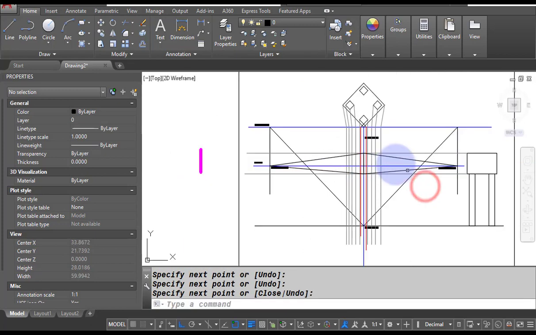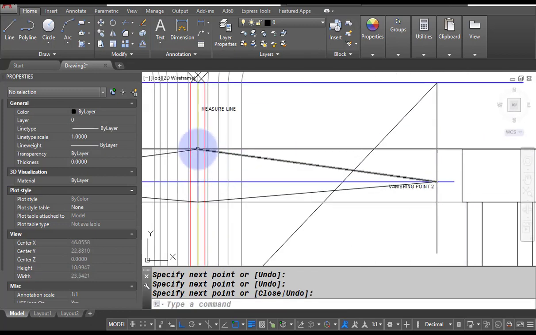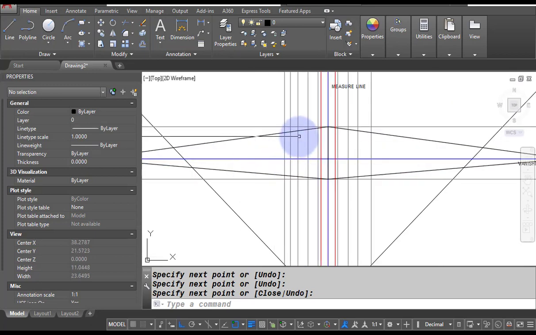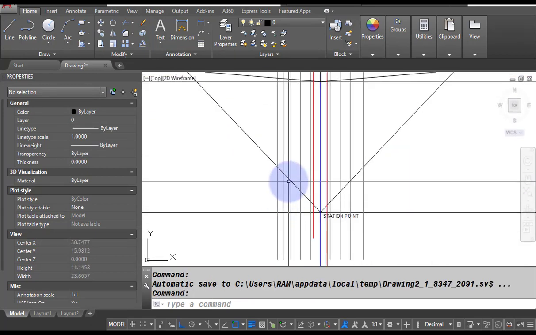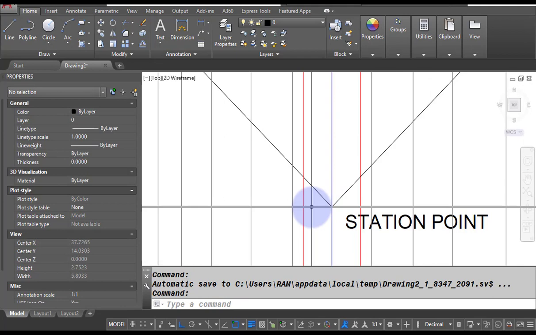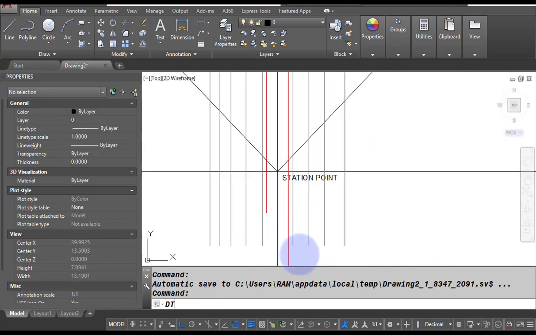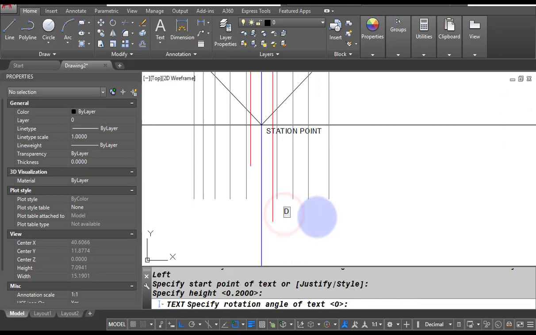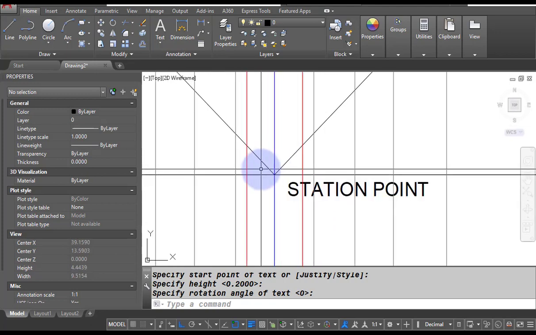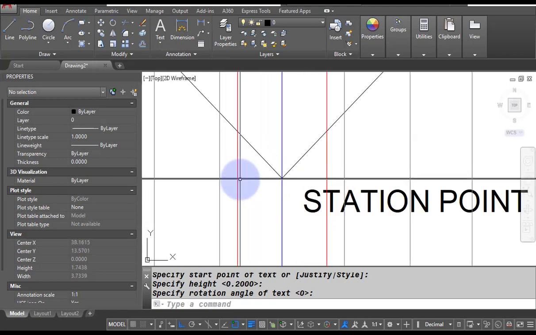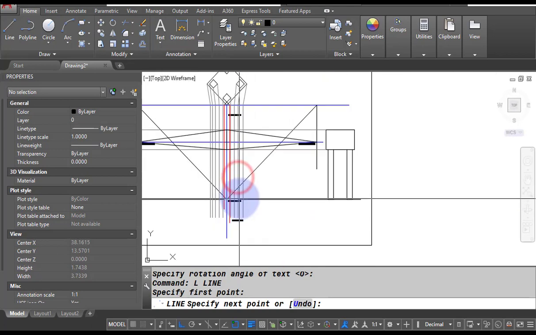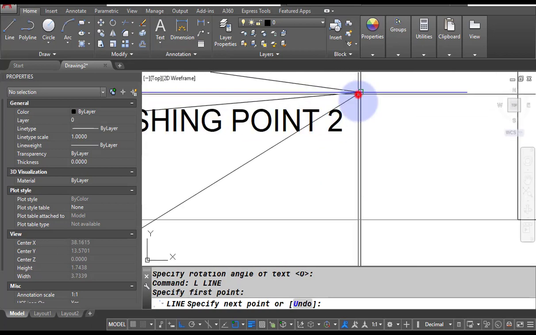Why? Because this is our tank, the height of the tank. This is the top of the tank, and this is the top of the column, right? And what we are going to do next is connect this measure line, the dummy line. This red line is called the dummy line. So now what we are going to take is the opposite connection from this dummy line to the vanishing point.